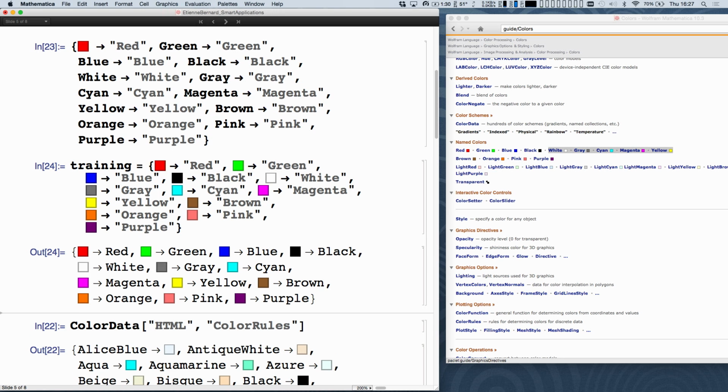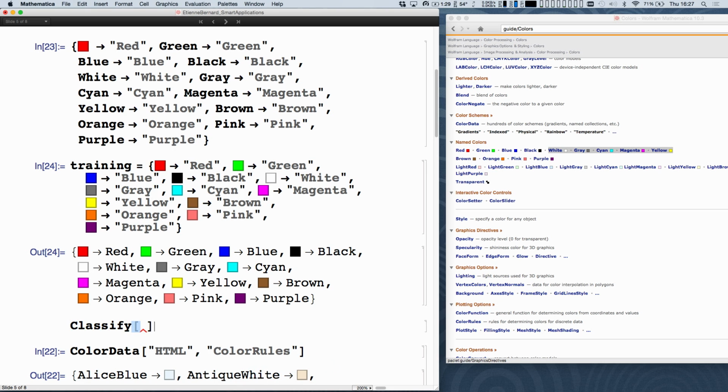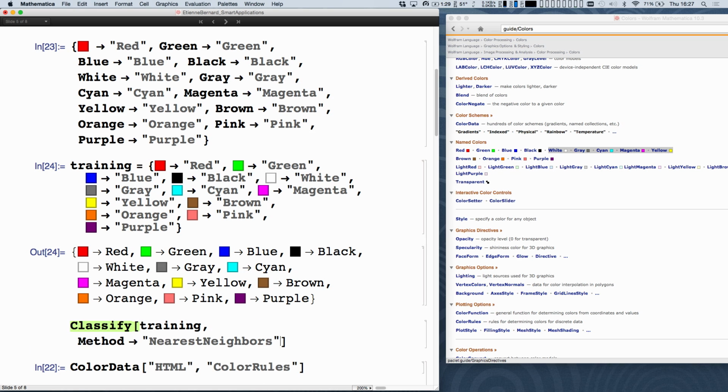I don't have time to create extra colors, so I will just classify like that. But I won't let the Classify be automatic because it will be too bad, because it won't be able to do training set and test set with examples of the same class in both data sets. So here I will just do Classify of the training, and I will just put a method in order for it not to try to do this cross-validation thing. So I just put nearest neighbors, and